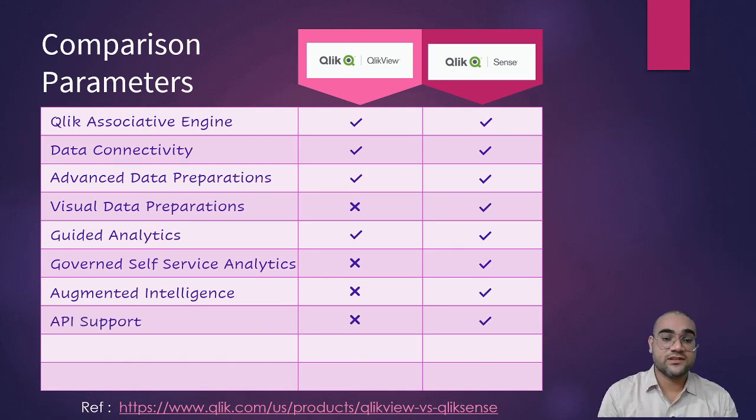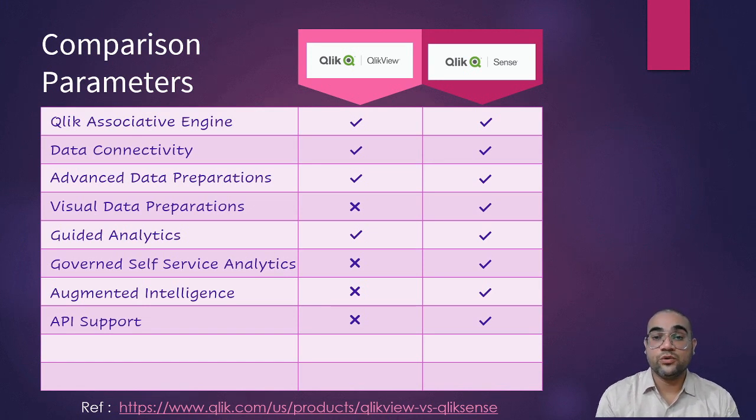Now the next feature is API support. Any enterprise-level BI should be able to push analytics to the end users. Now what I mean by that? Say, for example, I am the end user and I am using a portal for all my reporting needs. Then the BI should be able to provide me analytics at the same place, on the same portal. Now ClickSense does this using the power of API. Not only that, but you can extend the power of ClickSense by creating extensions for a particular need.